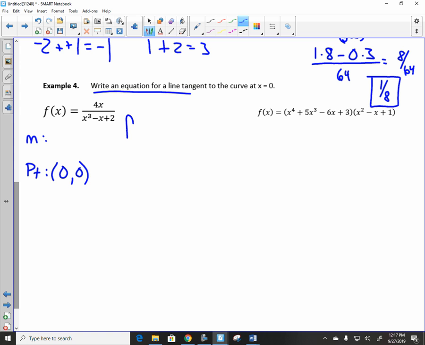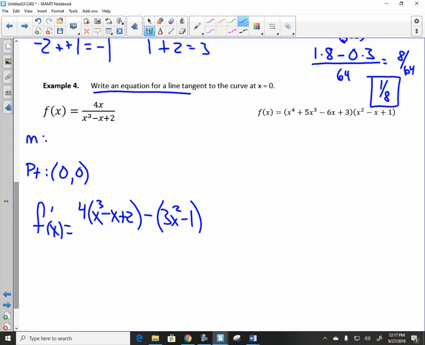The quotient. So f prime of x is equal to, actually I'm going to write it down here. I need a little bit more space, I think. F prime of x is equal to derivative of the top, 4 times the bottom, minus what? Derivative of the bottom would be minus 1 times 4x all over